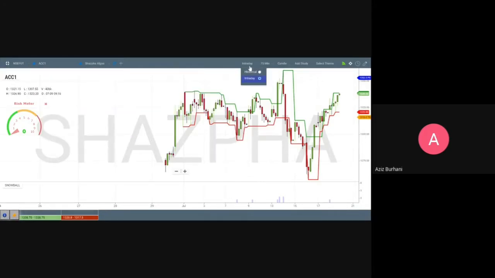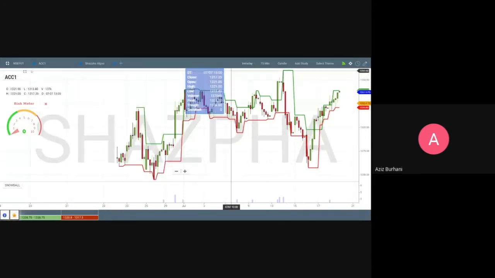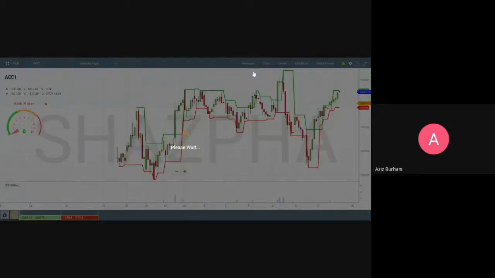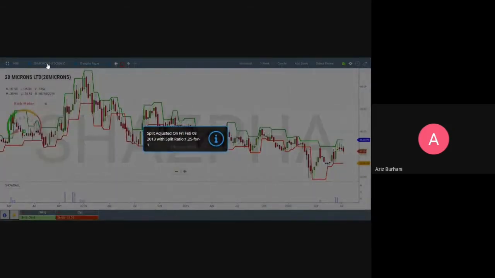So if you are in NSE futures, intraday charts will open. You have to click on historic. Okay, you have to click on historic, and my default market for historical is NSE. And the moment I pressed historical, if you see here, the market has changed to NSE automatically, and all these peak and trough, this snowball, this risk meter are all because of my default template. So my default template has all these things.